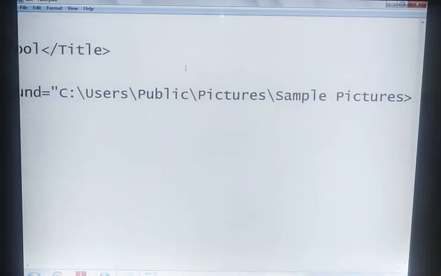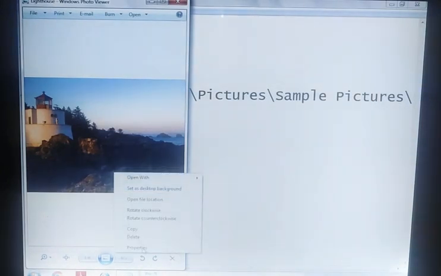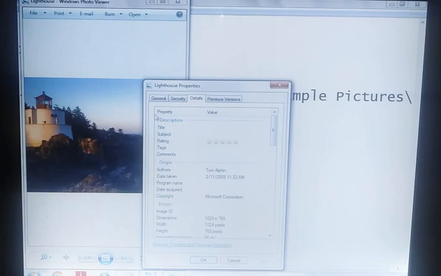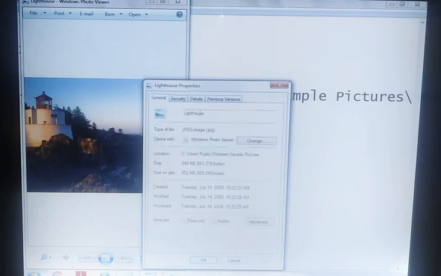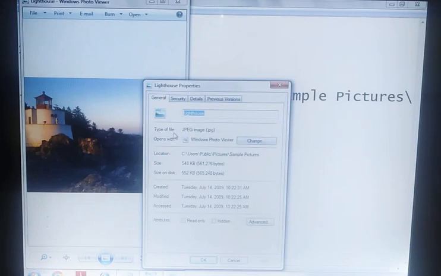After pasting this, you can see the slashes are given here. The same slash will be put here. I have put it. Now again go to the same image as it is placed at the bottom area. We can see, again right click on it, the properties option will appear. Go to the general tab. You can see the name of the file is also given. It is Lighthouse. Just copy the name from here. And you can see there is a type of file, meaning its type is given as dot, it is JPEG.